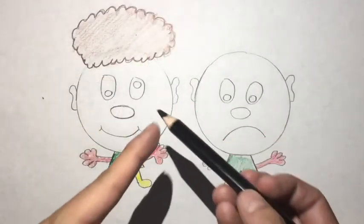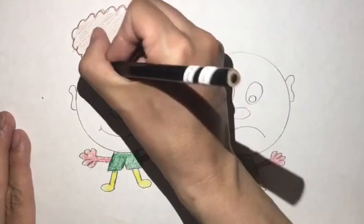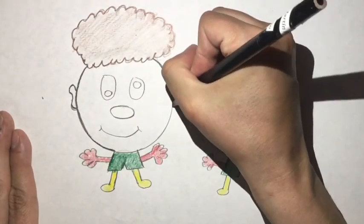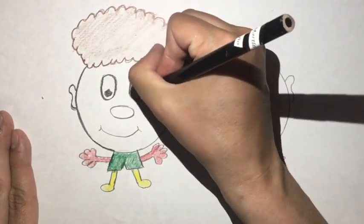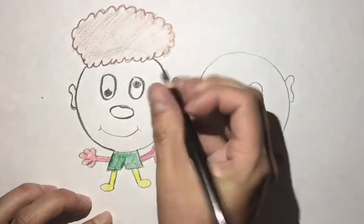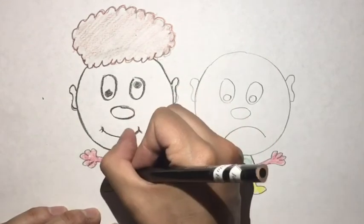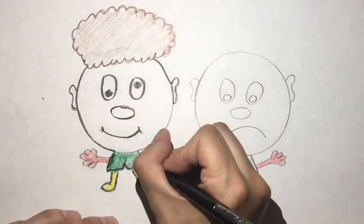And finally, with the black color, we're going to repeat all of the structure of the two cartoons. So I have to pass over all of the structure with my black color in this way. This is going to give contrast to our drawing. It looks better. In all of the structure,